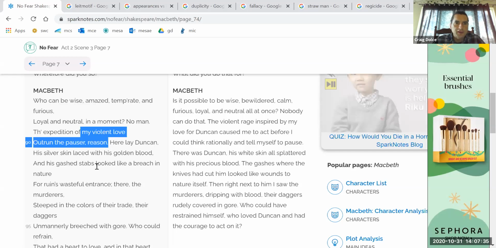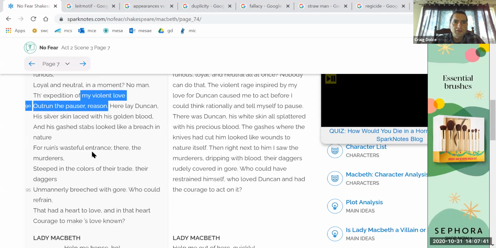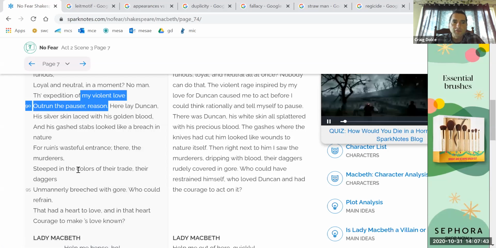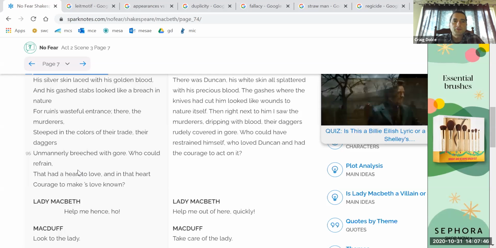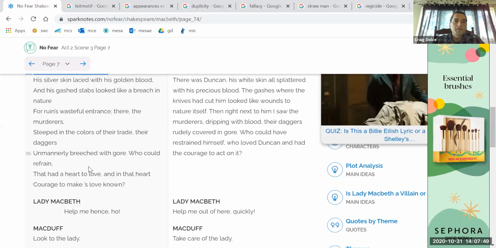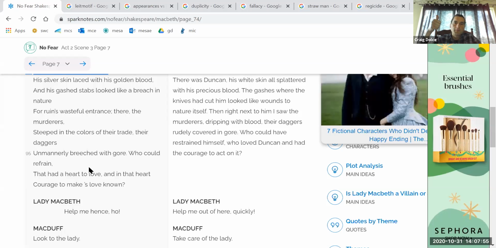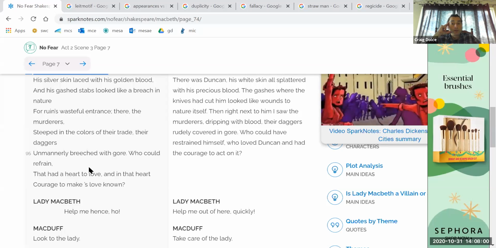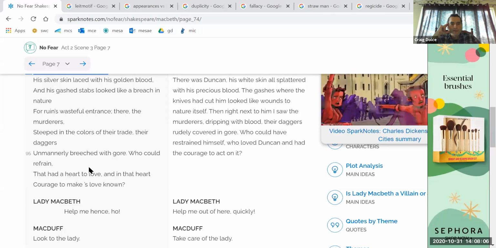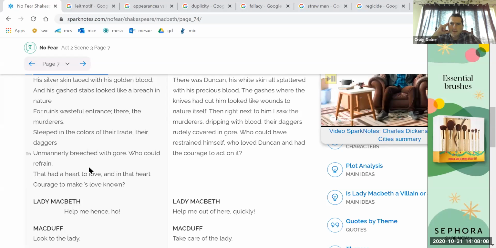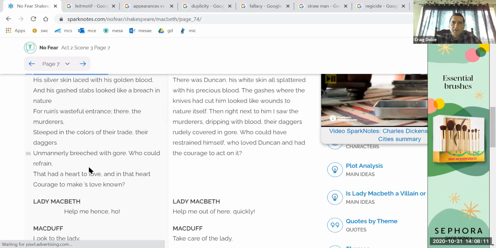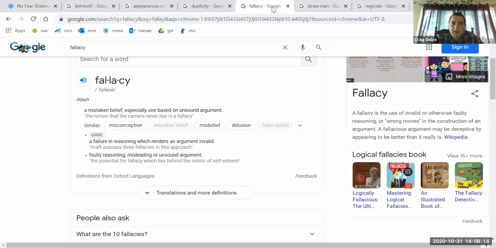"Here lay Duncan, his silver skin laced with his golden blood, and his gashed stabs looked like a breach in nature for ruin's wasteful entrance. There the murderers, steeped in the colors of their trade, their daggers unmannerly breeched with gore. Who could refrain that had a heart to love, and in that heart courage to make love known?" So if you loved him and you had courage, you would have done what I did. Again, those of you writing about courage, perhaps: is this logical courage? Do you find his reasoning to be effective and logical in his own defense, or is he guilty of fallacious